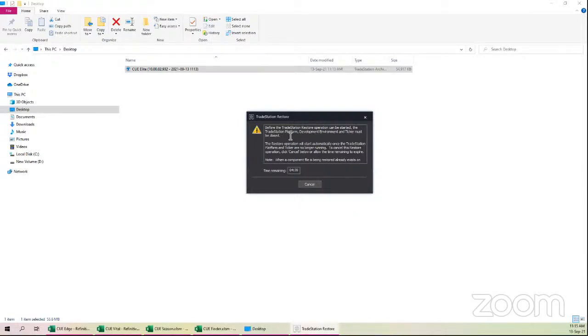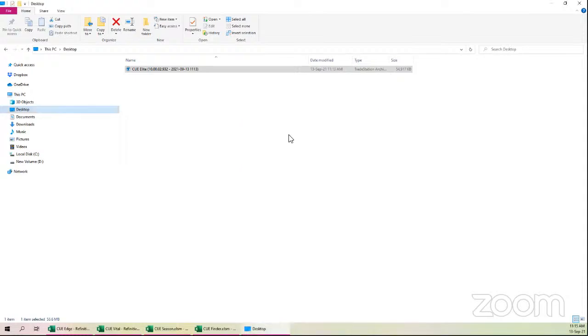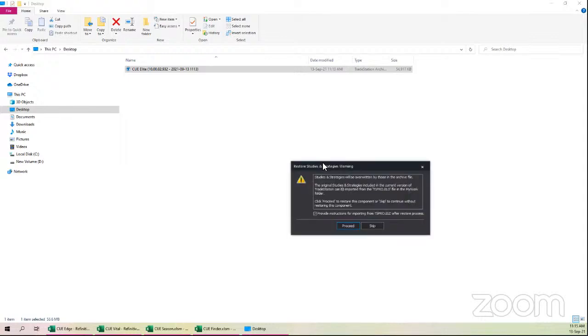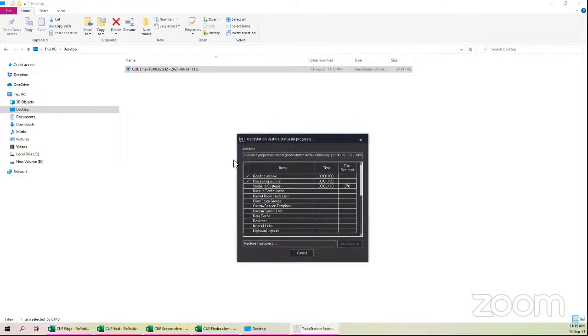Now it is closing some background processes of TradeStation. TradeStation has a number of background processes. After closing them, okay, it is displaying something on the other monitor. Let me get it on this monitor. It displayed this message: studies and strategies will be overwritten. That is fine. Proceed. Now, what I was telling, after closing the desktops and workspaces, TradeStation will also close some background processes. So you will see all the desktops vanishing, workspaces vanishing,